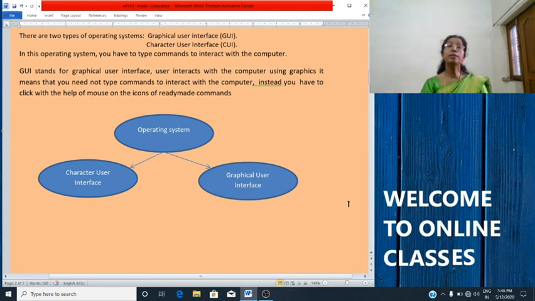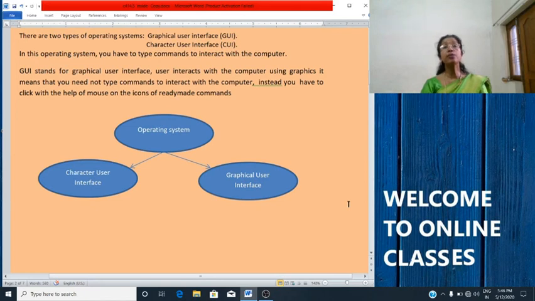The interaction becomes very easy as the user could interact with just a click of the mouse rather than having to type each time to give commands to the computer. You know, in character user interface, every time you have to type the command. Here, instead of typing the commands, we have to just give a mouse click. You have to click on the icons, menus, graphics, dialog box, etc. So, it is very easy to use.